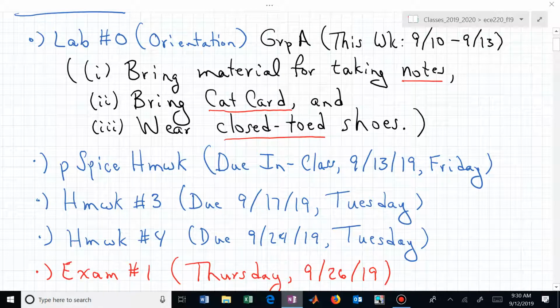We are almost halfway through the labs. There's 5 sections. Section I goes next Tuesday. E, F, G, and H are this week. Today should be section G going into the lab, and I forgot to close the door, so I will quickly,